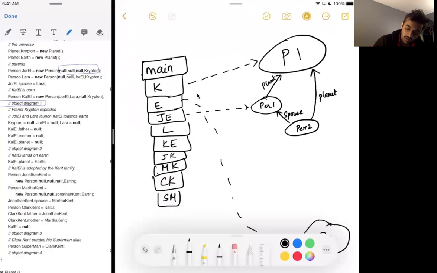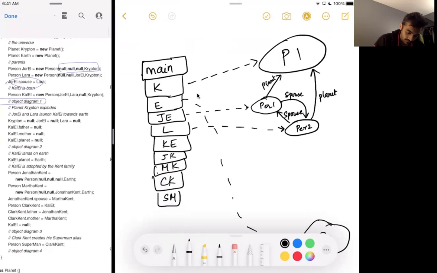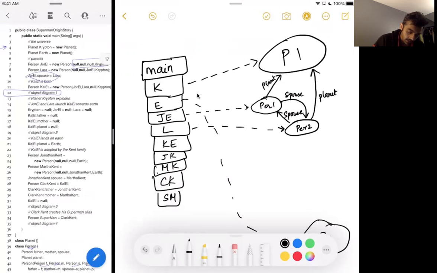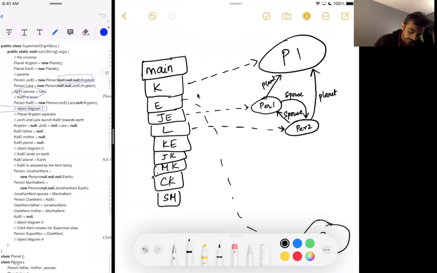Okay, and now we have to connect Lara to person 2. The next thing that we do is we assign Jor-El's spouse to Lara. So we make another arrow. This is also spouse. Okay, good. So this would be line 9, and